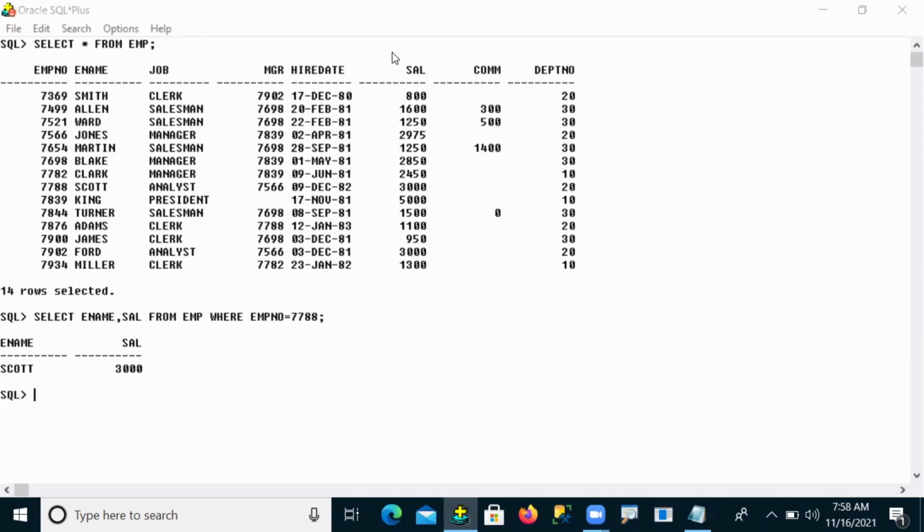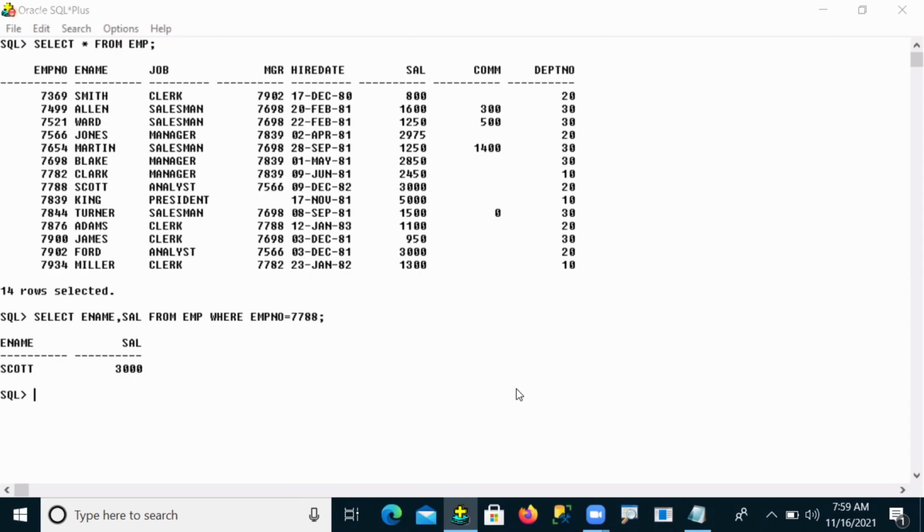But for the same requirement, I need to display employee name and salary in PL/SQL language. Understand the concept. In SQL language there are only queries, and through a query I can retrieve this. But if I want to do the same thing in PL/SQL, retrieving data from your table using PL/SQL programming, then how can we write it? That is what this program is telling us.